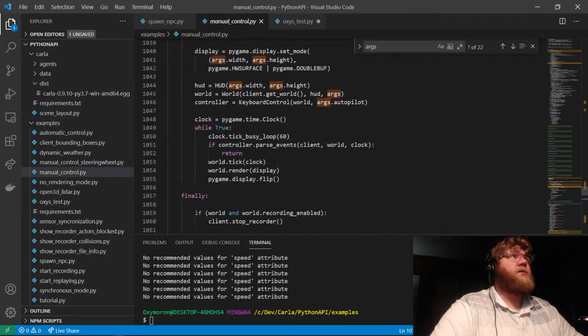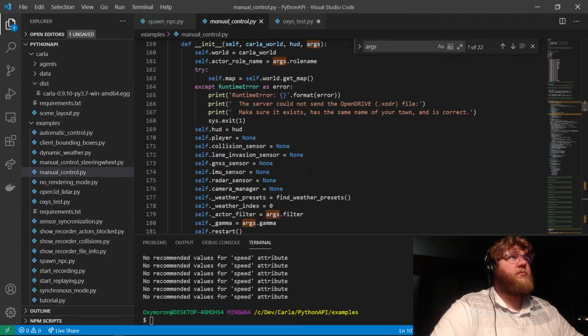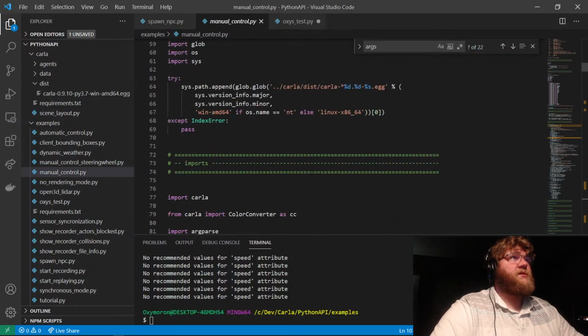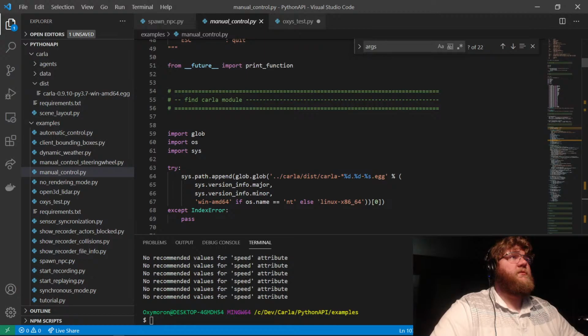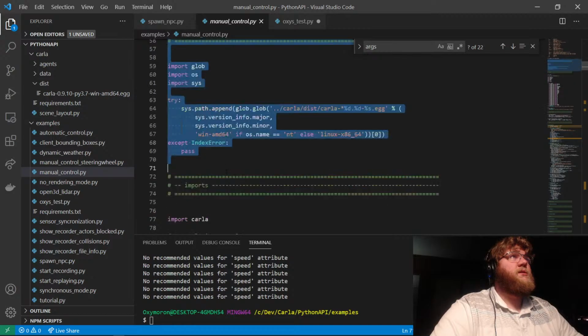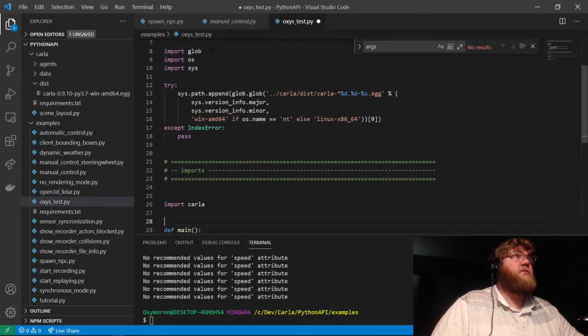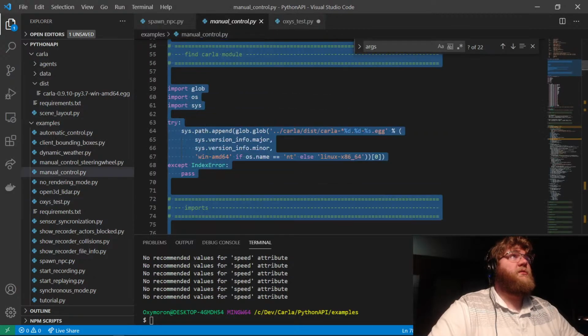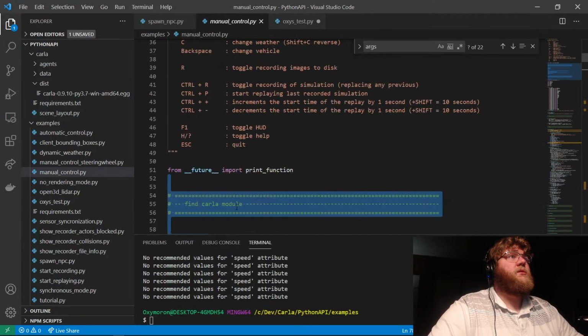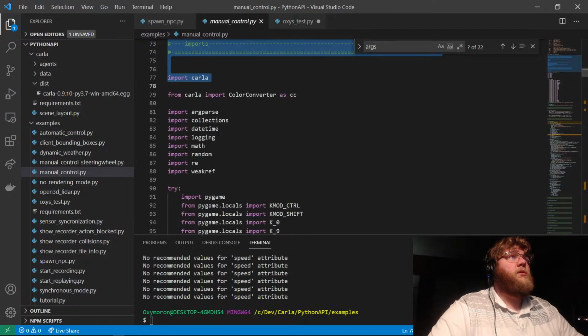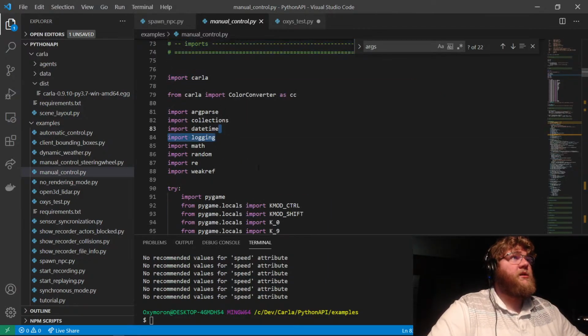So we have to import CARLA too. I don't think we have to import NumPy or Pygame or anything because we're not doing that stuff. Let's see, glob, OS, and sys. So we'll need that to do the CARLA import. So let's color converter. Interesting. We'll just grab that for now. No reason to type all that out if it's already there for us. I don't know if we'll need these other imports. Let's have a look. Collections, date, time, logging. Yeah, let's use logging. And I don't know what those others are,